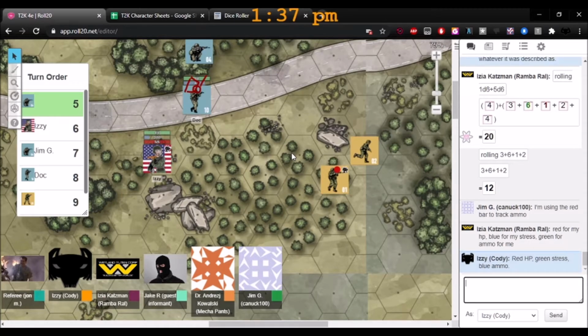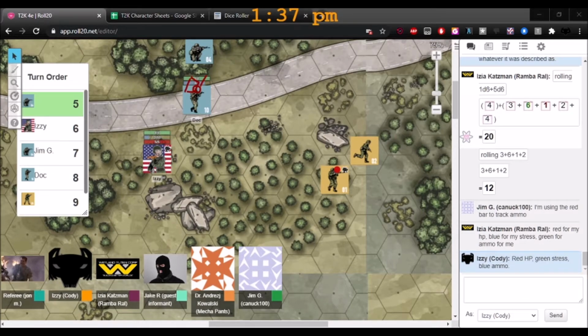Do you have a telescopic sight? If your weapon has a telescopic sight, you can take what's called a sniper aim, which is a slow action, which means you can't shoot till the next round, but it gives you a +2. Or you can take a regular aim and you don't get the +2 for the sniper aim, if that makes sense. Yeah, I'll just go regular aim. Okay.